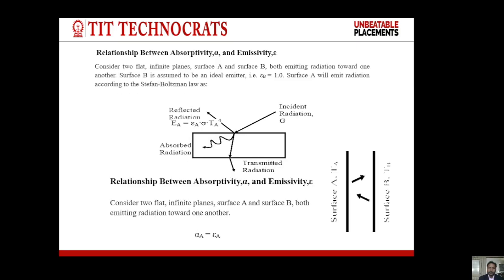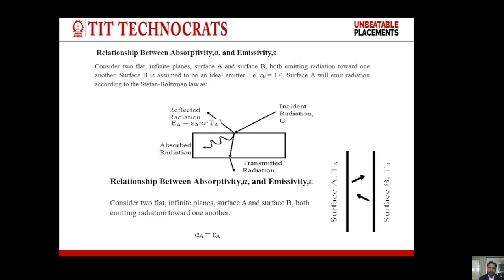Now the relationship between absorptivity alpha and emissivity epsilon. So here we can see that this is the surface where incidence of radiation is taking place, and some amount of radiation is reflected, and some amount of radiation is getting transmitted. So the relationship between alpha, absorptivity, emissivity and transmissivity is